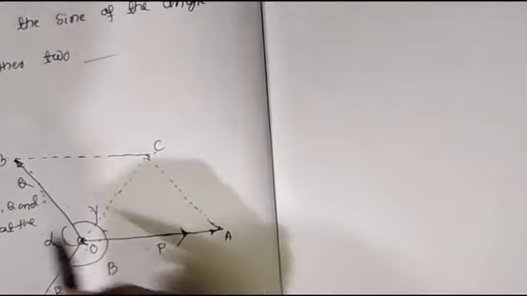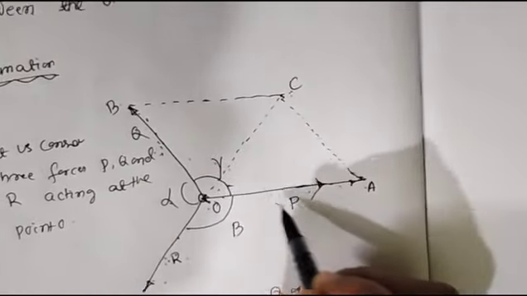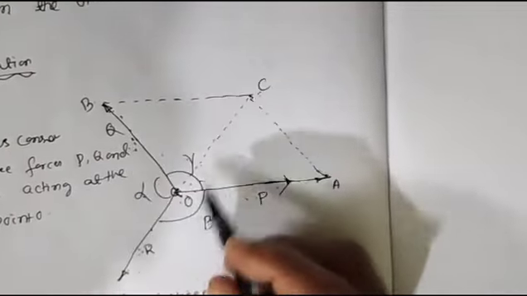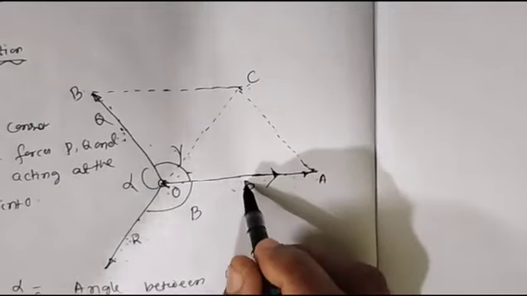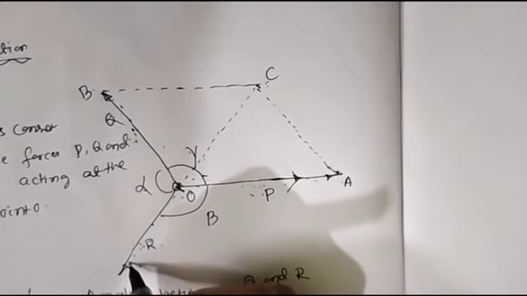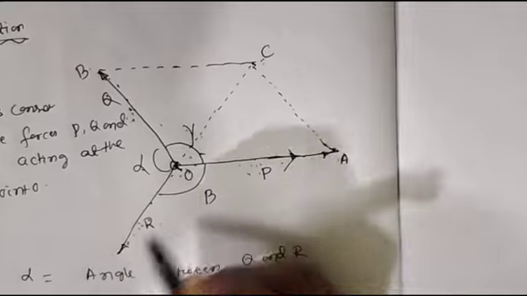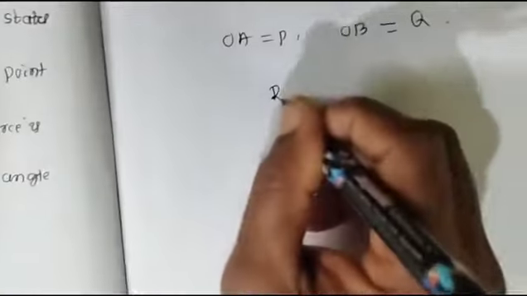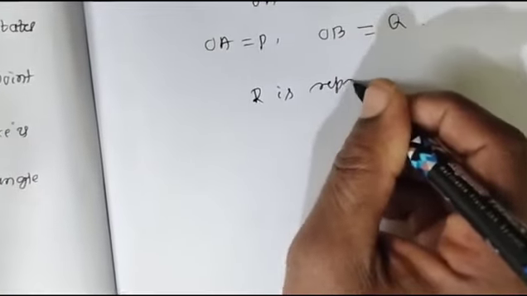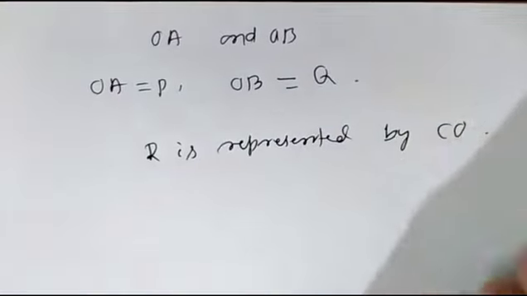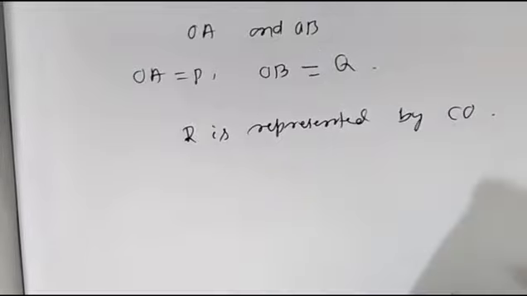Since P, Q and R are in equilibrium, the resultant of P and Q must be equal and opposite to the third force R. Hence R is represented in magnitude and direction by CO. Now in triangle